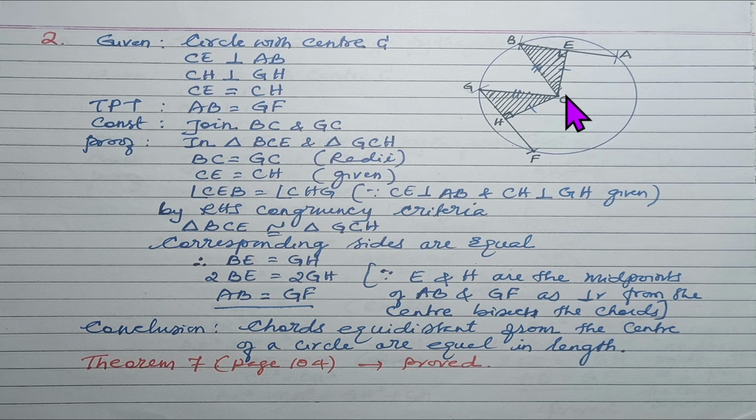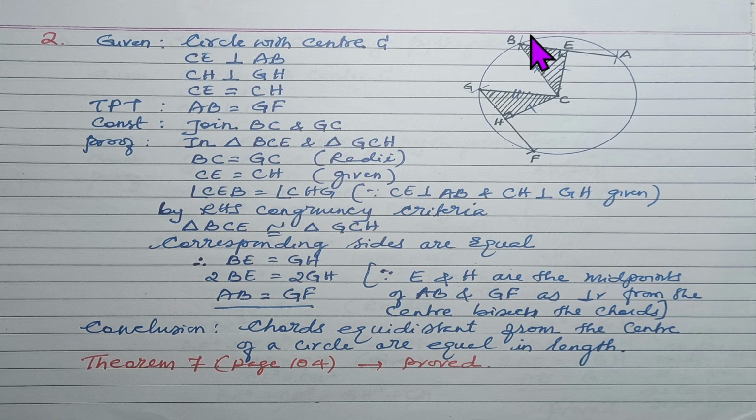Now for the proof, let us join BC and GC. When we join BC and GC, we get two right angle triangles. Rather, the triangle is BEC and the triangle is GCH. So we have two right angled triangles. Now in these two triangles,